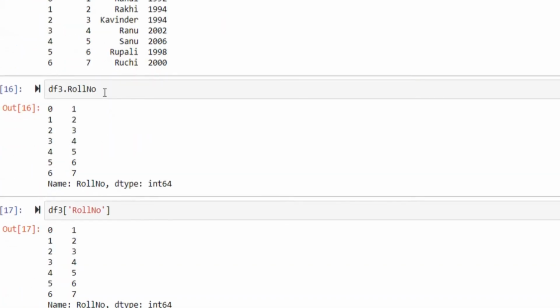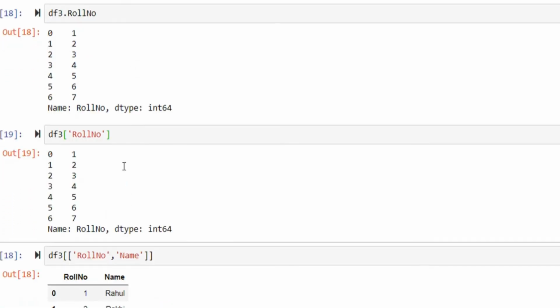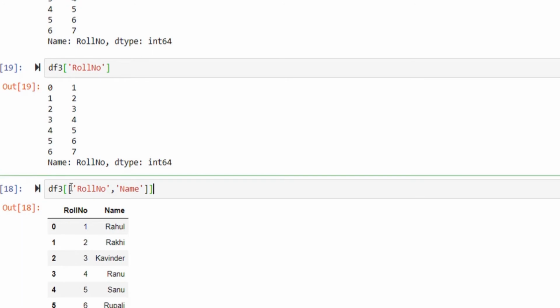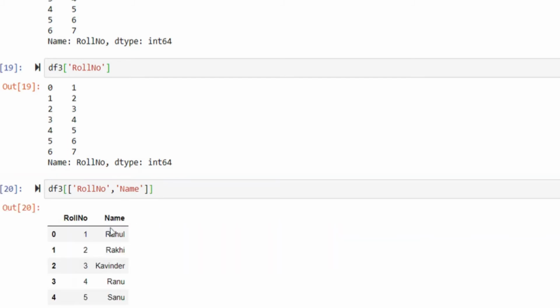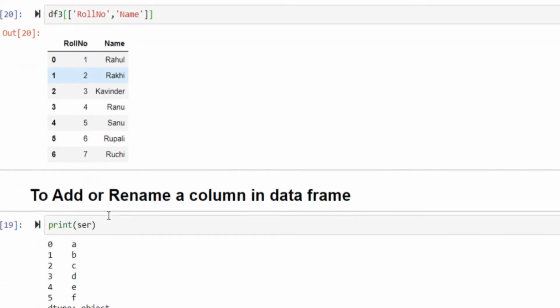After printing this DataFrame, I just want to check what roll numbers I have in this DataFrame. So I will just pass this DataFrame dot roll number, or I can just pass the DataFrame and square brackets with roll number. If I want to access multiple columns, I can pass an iterable element, which is a list having roll number and name. So it will provide me roll number and the respective name for all particular rows.